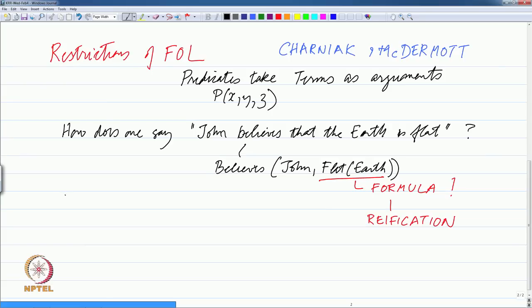Then how does one reason about time and change? Because when we talk about first order logic, we are saying that you are given a set of sentences, and as a consequence of that set of sentences, certain more sentences are entailed by it essentially. How does one bring time and change into the fact essentially? That is a very difficult kind of a thing.